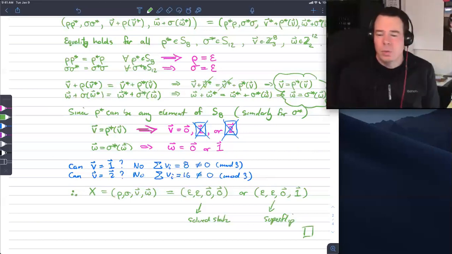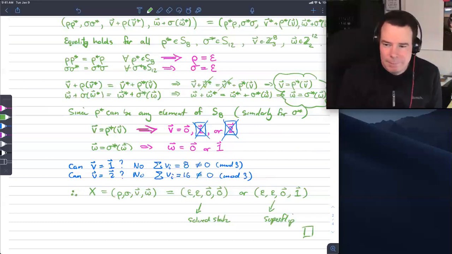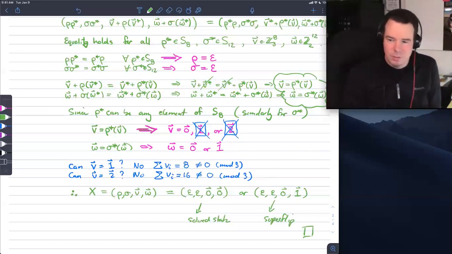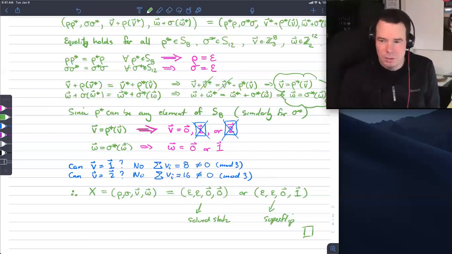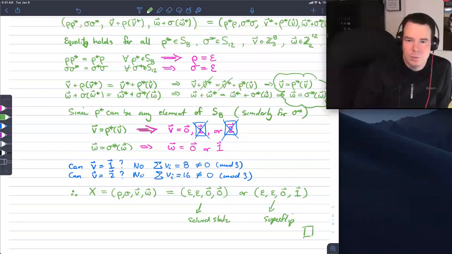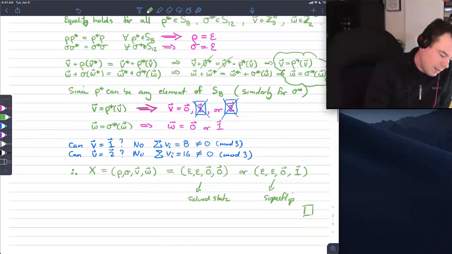So that's really all I wanted to do with this section. I just wanted to show you this application to get to the superflip, which is quite interesting. It shows us the ability to reason through these things and get results without having to appeal to a computer, but computers can also do these things in computational ways. The last thing I want to do